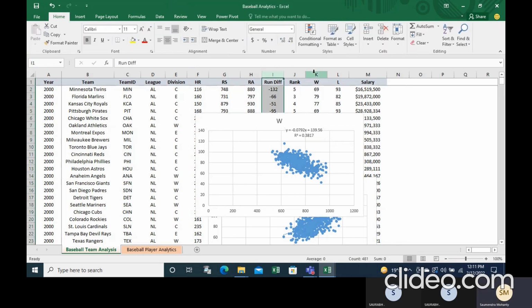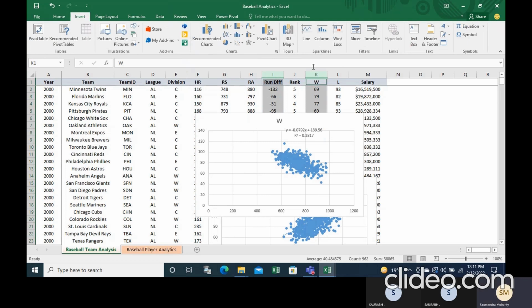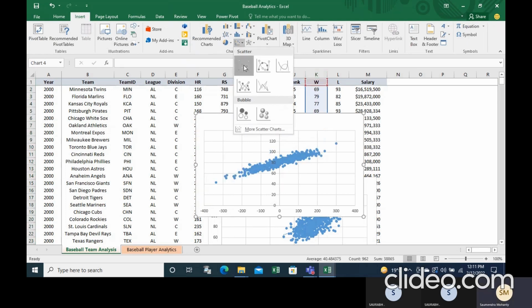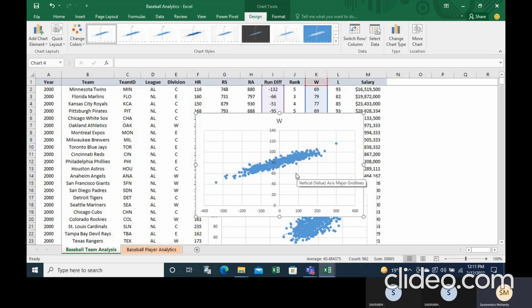Let me check again, run difference and wins. Insert scatter plot. I picked up something, didn't pick all of that. This is how the scatter plot will look, because negative values were not appearing in the plot earlier. Because you pick the run difference for wins. Sorry, not run against, pick up the run difference. The run difference should be as low as possible between run scored and run against. Then only you can predict the win, which essentially means that your run against should be low and run